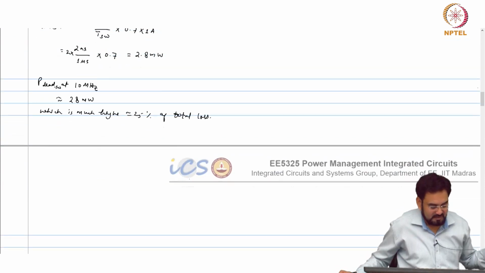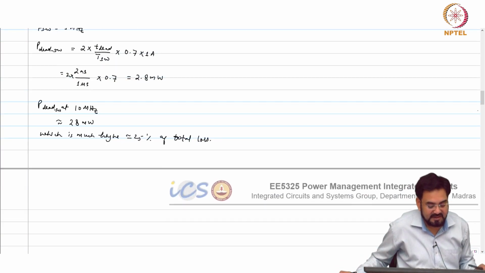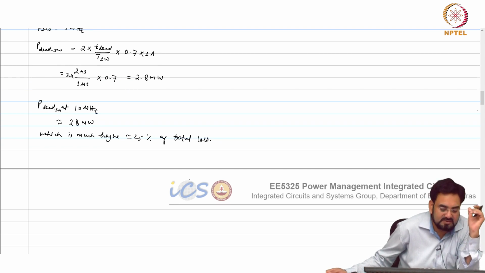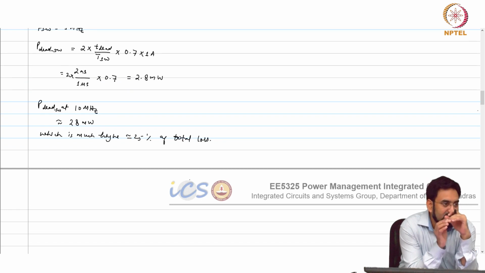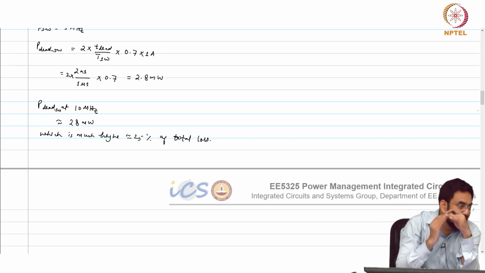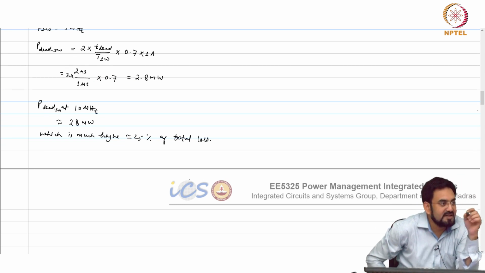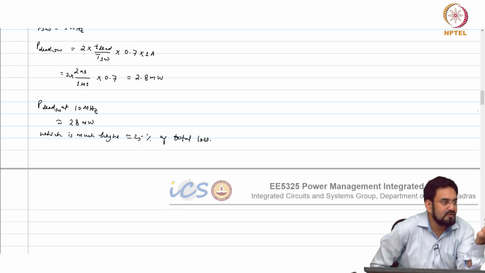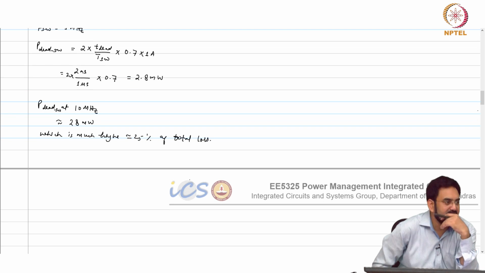Okay. But one thing you have to remember, when you operate at let us say 100 milliamp kind of current, then this will start dominating. So, then you have to calculate. You have to make sure that throughout the load current you maintain that efficiency as flat as possible. It is not that at peak load of 1 amp you get 90%, and when the load goes to, let us say, 100 milliamp or so, your efficiency drops to 60% or 70%. That will not be acceptable.